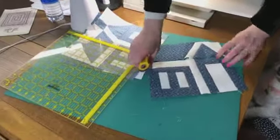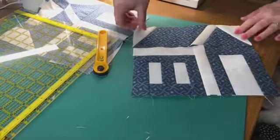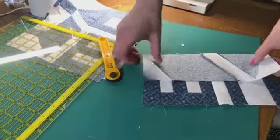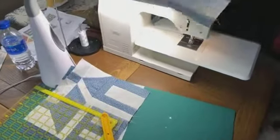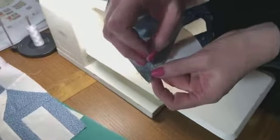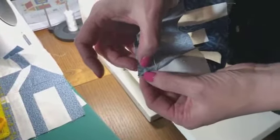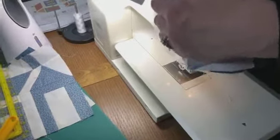Okay. So now, what we're gonna do is we're gonna put this together, and let me show you what we're gonna do. We're gonna take this and flip it over, and this is again where we're gonna pin. Can you see okay? Again, I'm gonna go down a 1/4 inch into my seam. The reason I like to do that is so that I can aim my needle to go where my pin is, and I know I'm gonna get a nice 1/4 inch seam. With this,